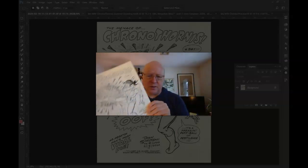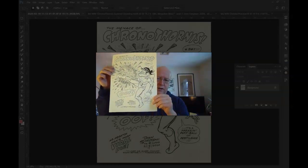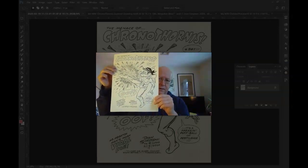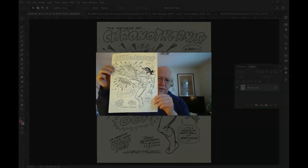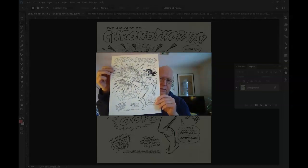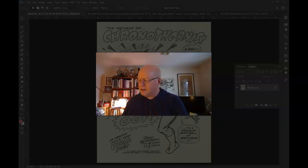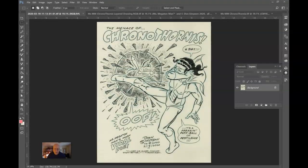I'm able to blend the tools. And you can see on this sheet, I've done some lettering with rapidograph, and I even used a little bit of a pigment marker to outline the word balloons. So I use a variety of things. The main thing is to have a permanent ink, a nice black that you can scan, and so I've scanned it in. And if I can change my window here, what you're seeing now is